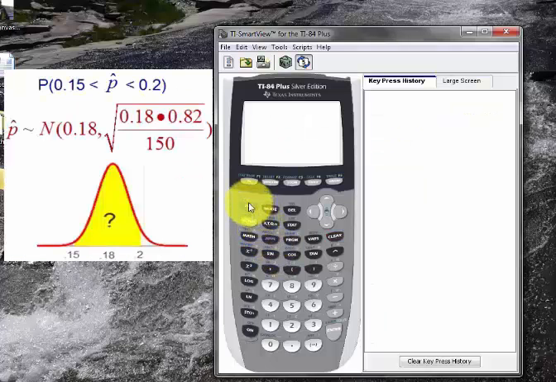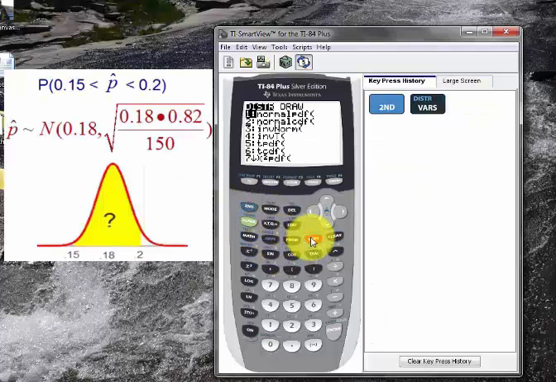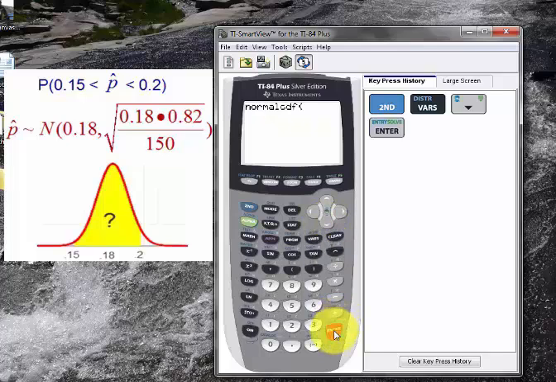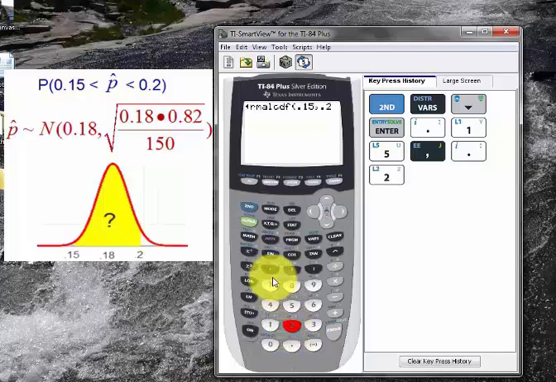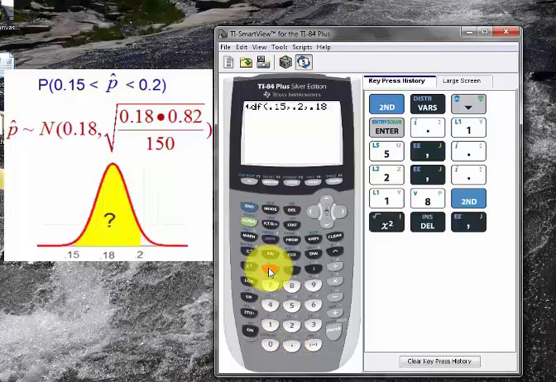Okay, so I go to second distribution, and then I go to normal CDF, hit enter. Our low was 0.15. Our high is 0.20 or 0.2. Our mean was 0.18. And our standard deviation